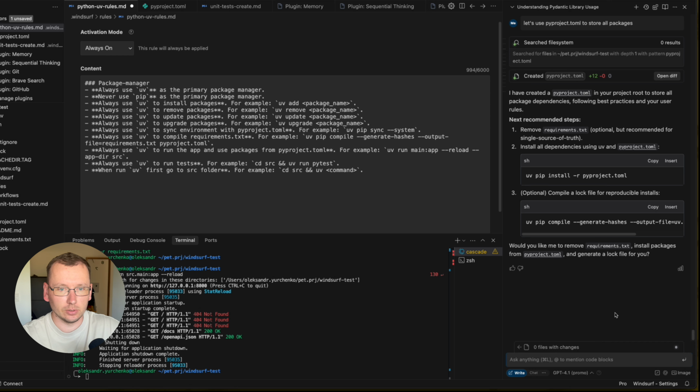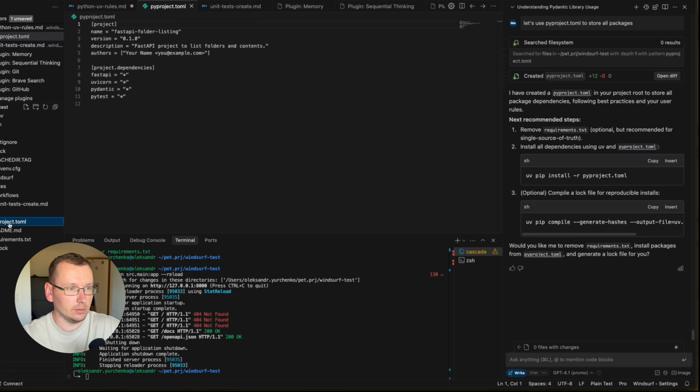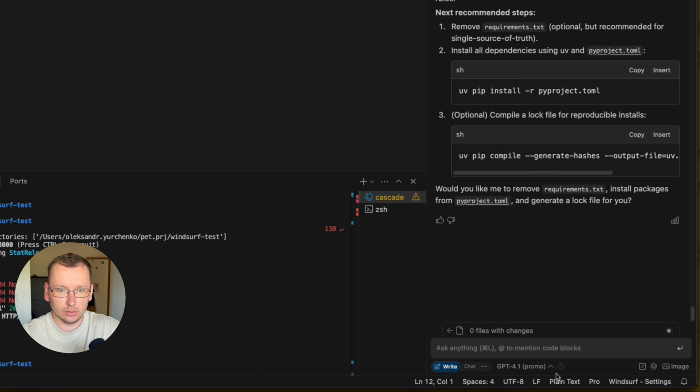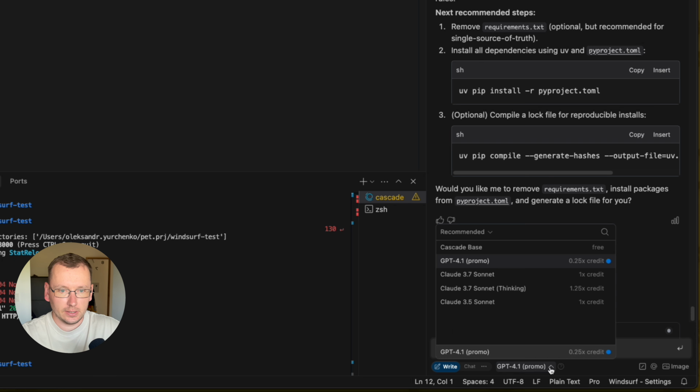So let's accept all the changes. It seems like it created everything correctly. So we now have pyproject.toml, and we have everything that we need for testing and running our FastAPI. It's pretty cool. Now, as soon as we change our subscription to Pro, we can access some